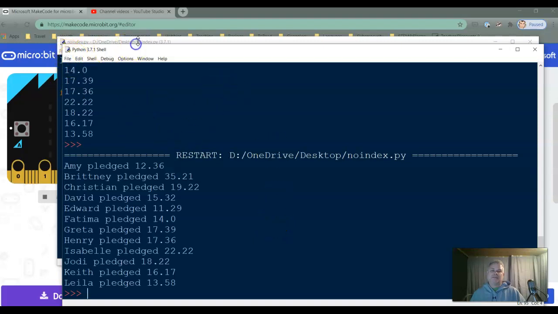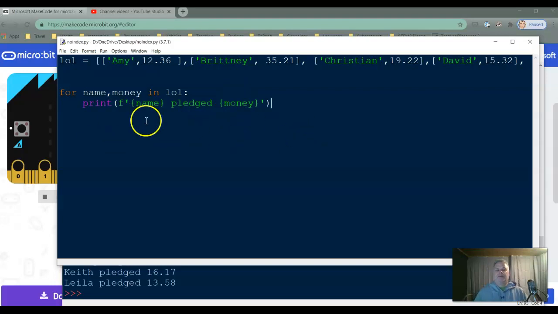And that is so much easier because we don't have to know how many items there are in the list. We don't need to know any of that. It's just going to find it for us. And we could work with them that way. We don't just have to print it out. We could say something like